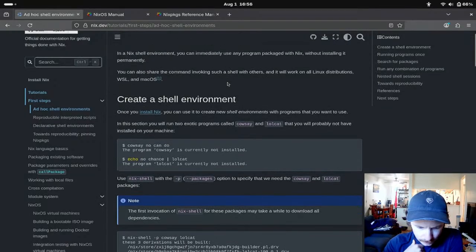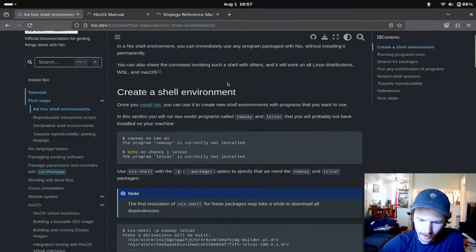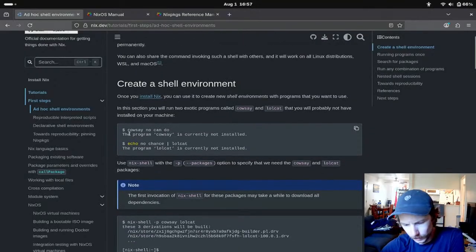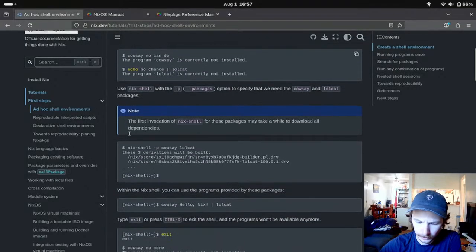Once you install Nix, you can use it to create new shell environments with programs that you want to use. So I can just run cowsay no can do. Use nix-shell, and then